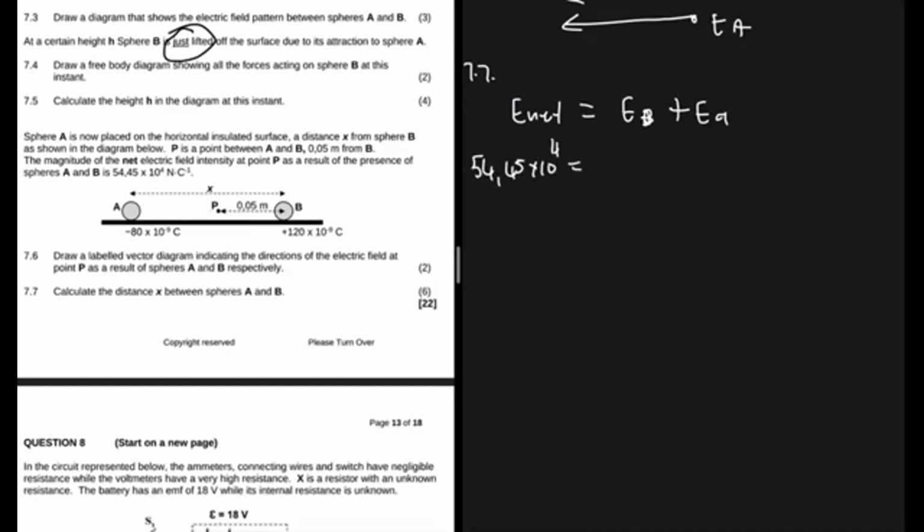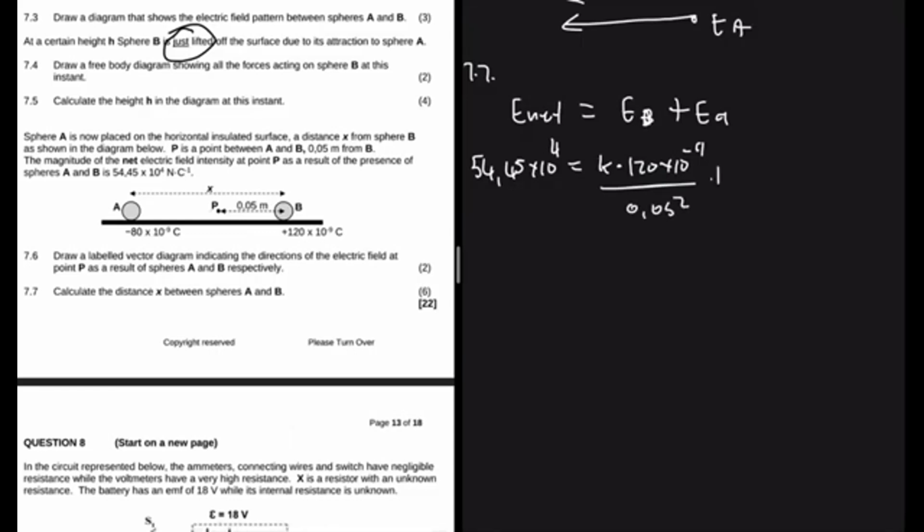And then the electric field due to B will be K. I won't substitute anything for K for the sake of space, right? And then the magnitude of B is 120 times 10 to the minus 9 divided by R squared, the distance between P and B, which is 0.05